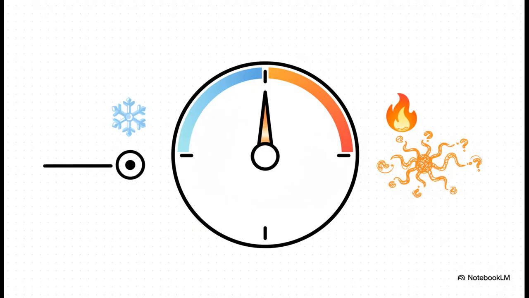Now, if you're using some of the more advanced AI tools, you might see a setting called temperature. The easiest way to think about this is as a creativity dial. If you need factual, straight-down-the-line answers, turn that dial way down low. You'll get more conservative, safer results. If you're brainstorming or creative writing, sure, you can crank it up, but just know that you are also cranking up the risk of hallucinations.